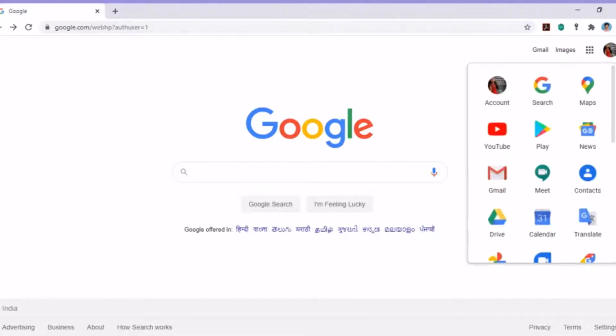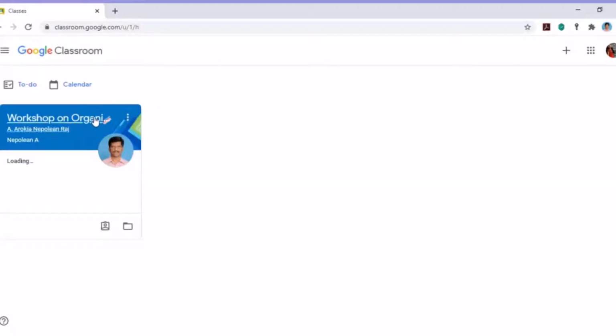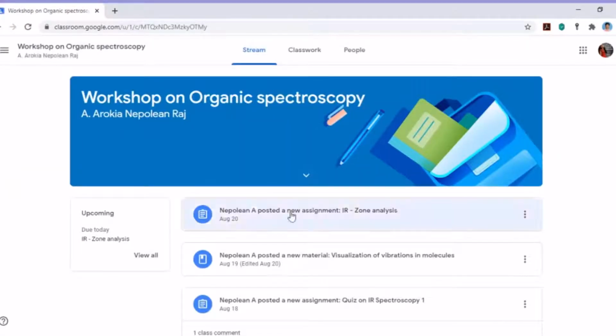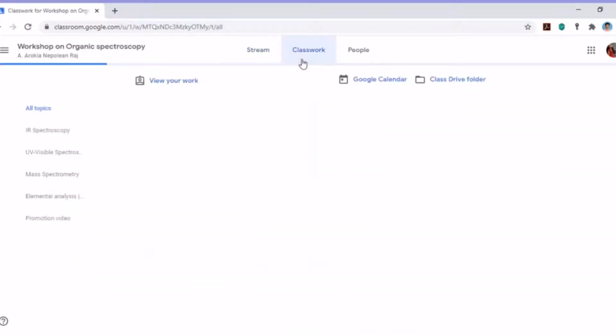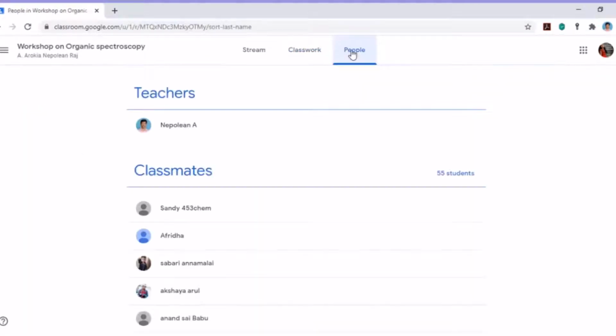You can find your Google Classroom here. Go to the Google Classroom. You can see all your classes which you are signed in to already. You can see here there is a workshop. You can also click here to submit the assignment. Whatever is due you can see here, but I request you to go here. You can see all the work that you are supposed to do here, in a different place.